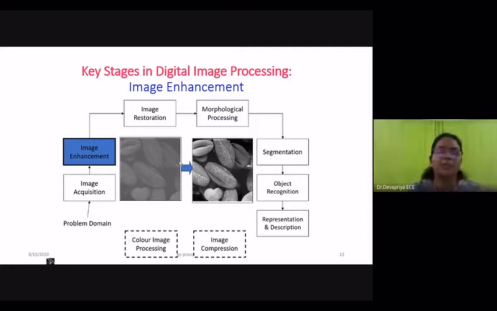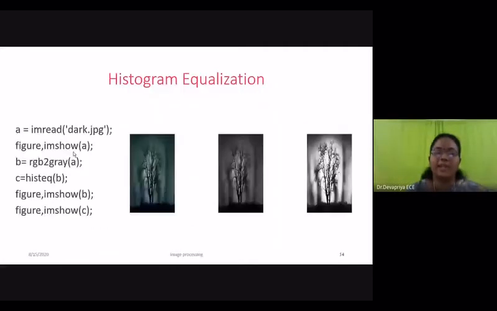Then you have smoothing, sharpening. So as I said earlier, smoothing will result in blurring the image. The image will look blurred. Sharpening results in making the image clear in the way that the edges are highlighted. So the objective of image enhancement is to make the picture look better.